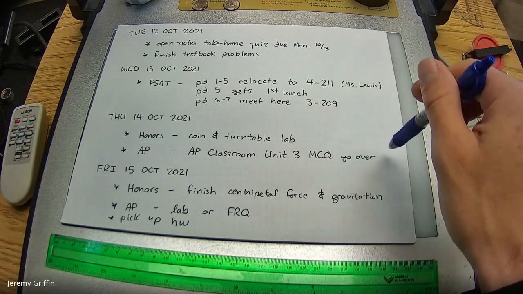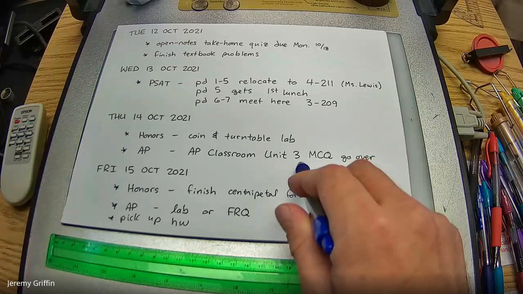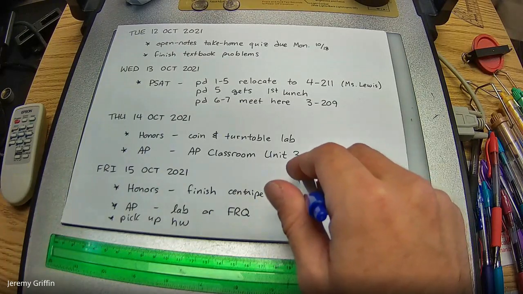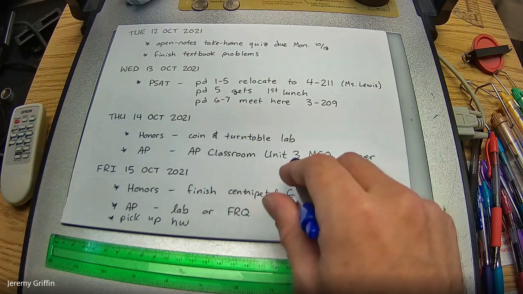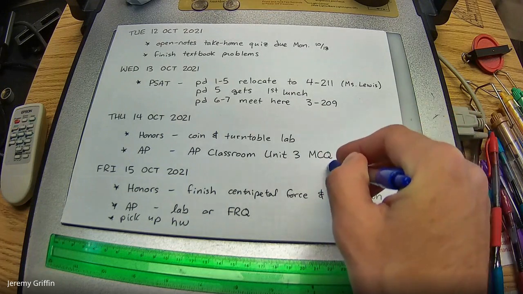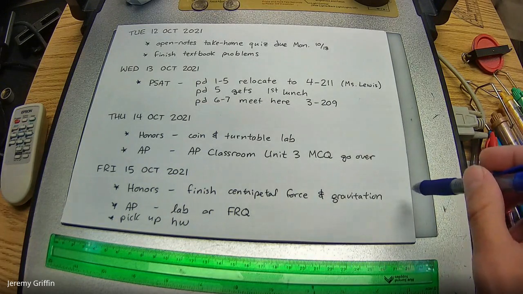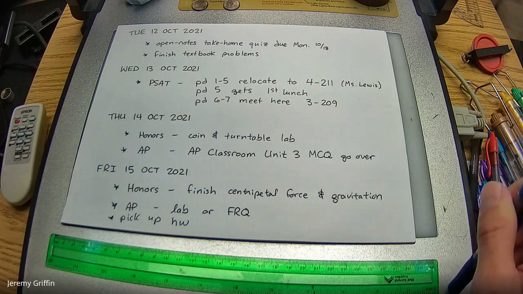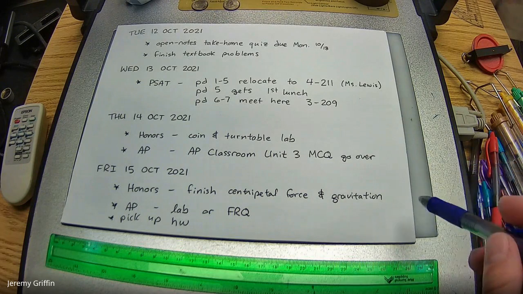My original plan today was to do AP Classroom Unit 3, but I realized I forgot to remind you guys back on Thursday and Friday to do that. So we're going to bump that to Thursday. I'll let you open a couple more days. I had about half the students finish that. So if you haven't done that yet, then do that next couple days. We'll go over that on Thursday. You guys are using those planners, right? You guys are using agendas. If not, then better late than never to start right now.